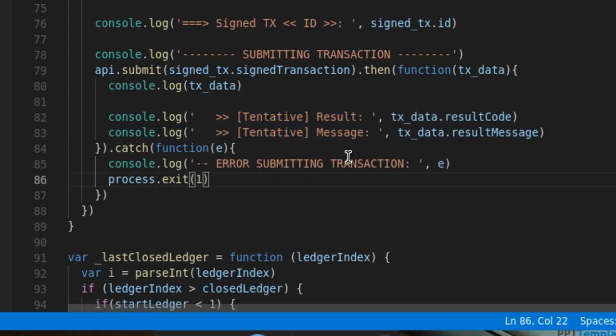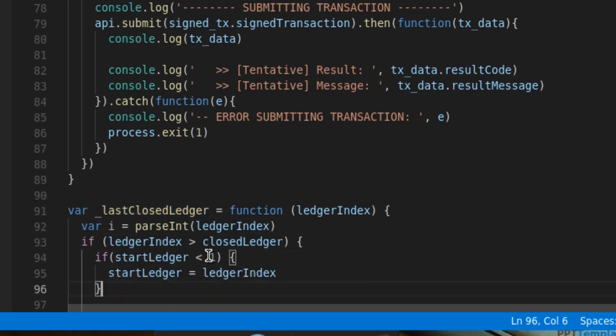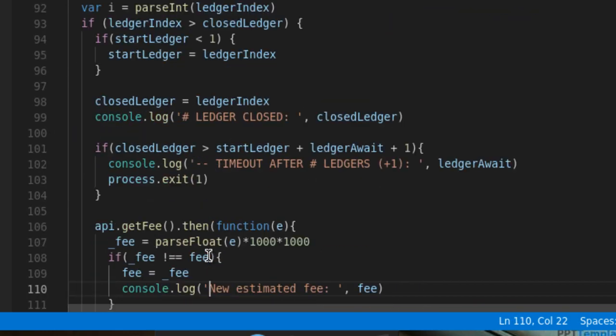If something happens during the submission, we'll get an exception. We are logging that exception and exiting the process. So after that, this was the perform transaction method. Then there is another function called last close ledger.